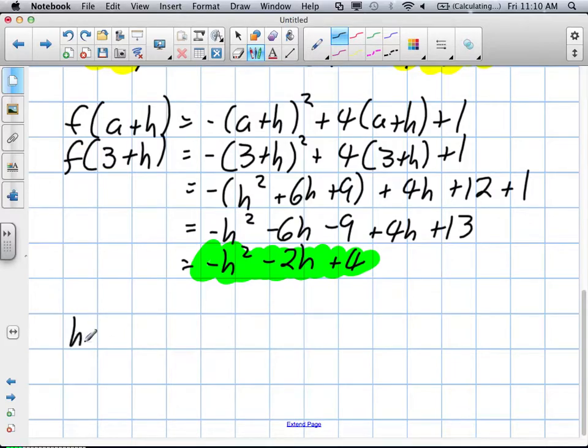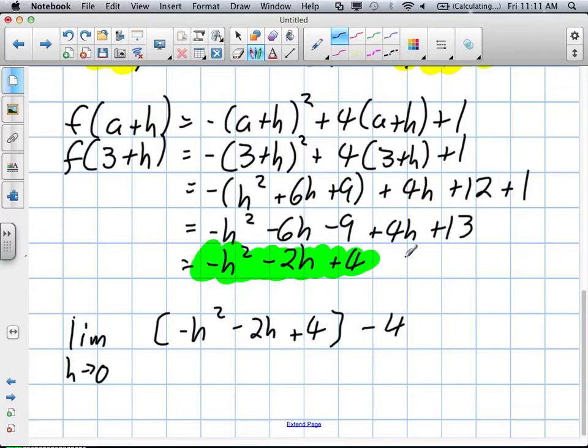So our limit, that's not an L. Our limit as h approaches 0 is, and instead of writing in our f at a plus h, we're going to write this part of the formula in. We have our negative h squared minus 2h plus 4. And then f at a was the number 4. Okay, all divided by